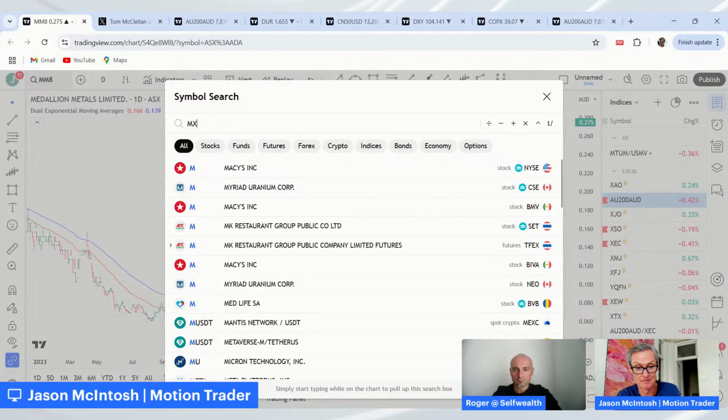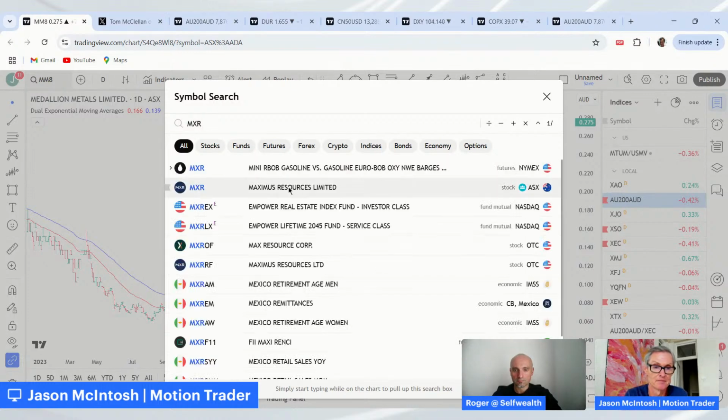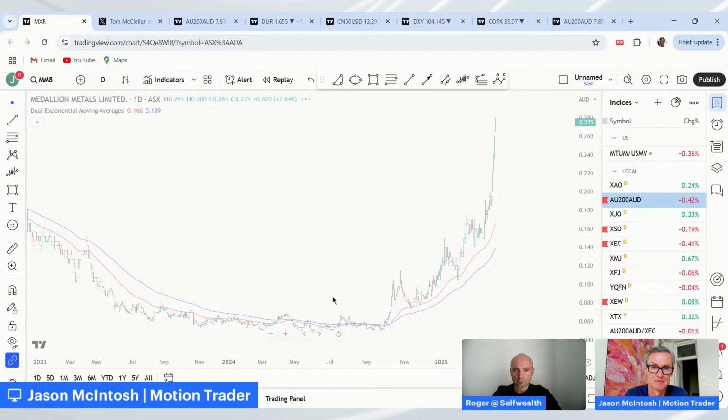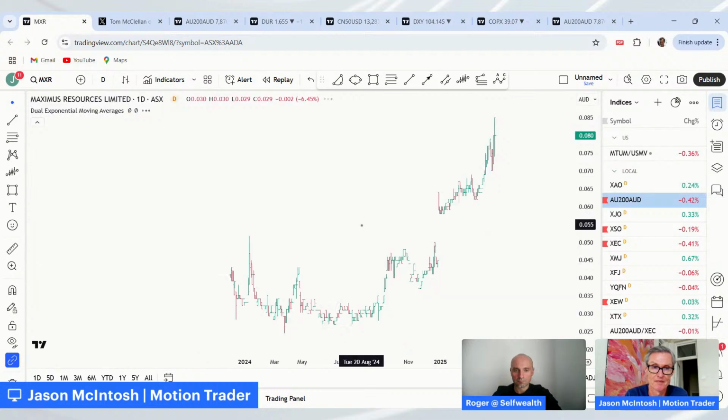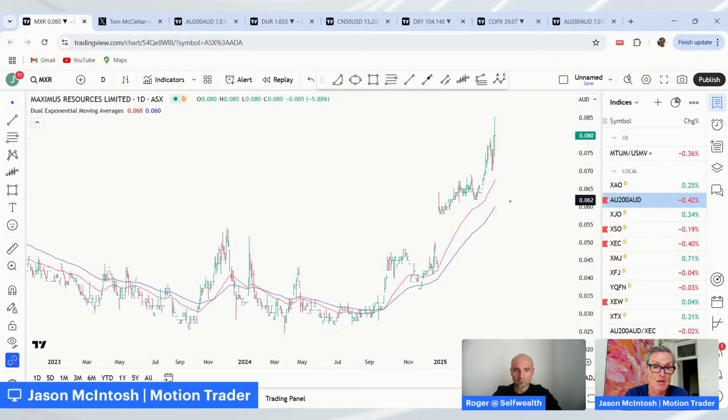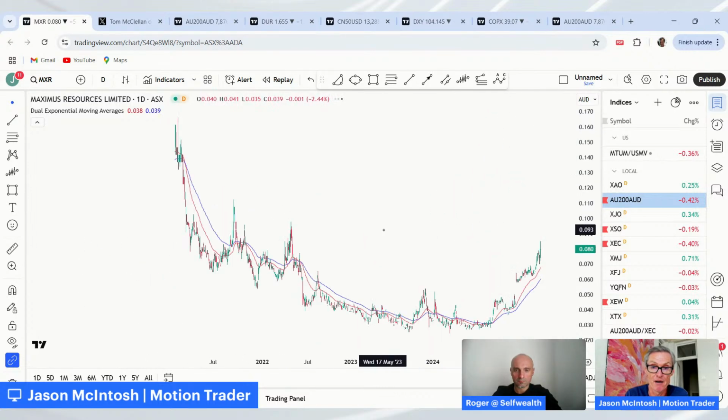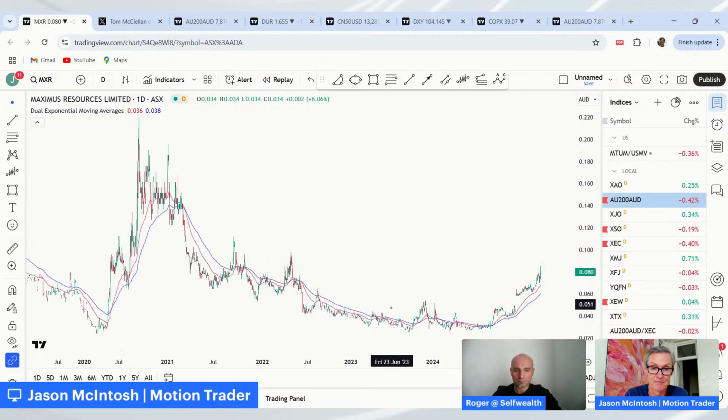MXR. Yeah, and again, resources doing their own thing. Happy holding, see where it goes. It's above rising moving averages. Is this just a large basing structure that's now starting to gain some momentum? You just don't know. You never know where a trend is going to ultimately go. Some go a little way, some go a long way. Which camp this will fall into, we just don't know.